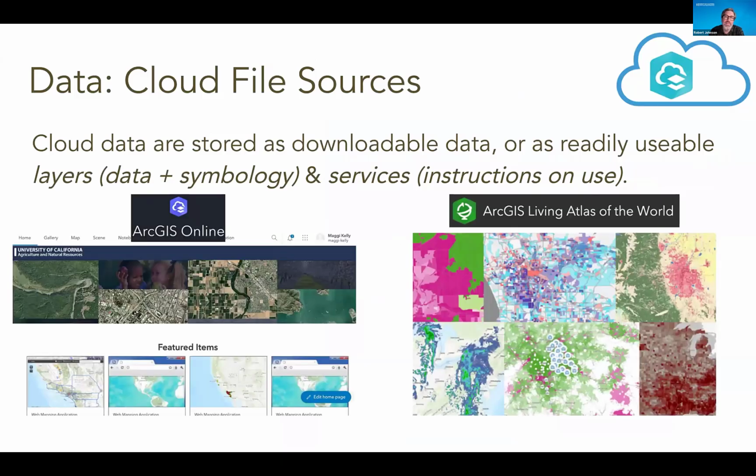So some of the cloud file sources, I think we're going to be using some of these today. ArcGIS Online is going to have a ton of data on it. It's going to have data that's been uploaded by all users of ArcGIS Online. If they have made it publicly accessible, you can go out there and find a whole wide variety of data. You have to be careful with that, though, because you don't know how accurate it might be,